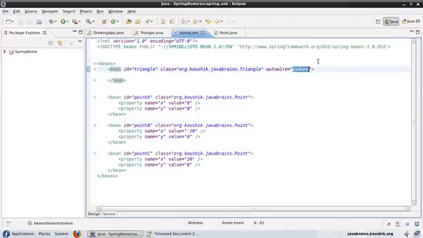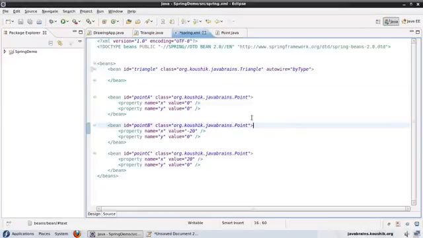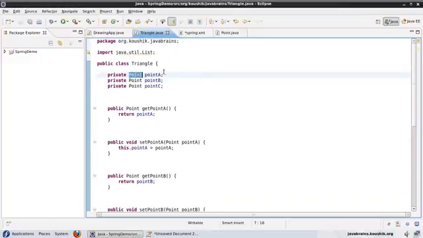What we have seen is one of the ways in which we can autowire, which is by name. There is another way to autowire, which is by type, and this works if we have only one member variable and only one bean of each type. So say for example there is only one point object here and there is only one bean that's defined in the XML of that particular class. In that case, what Spring does is it looks for type. Even though the bean has been defined in a different name, it looks for the type, which is the class for which the bean has been defined, and then if this class matches the class that the member variable has been defined as,